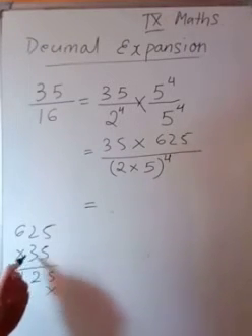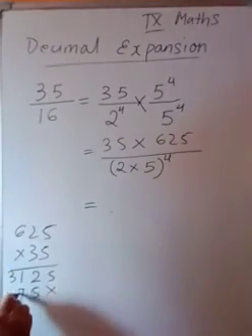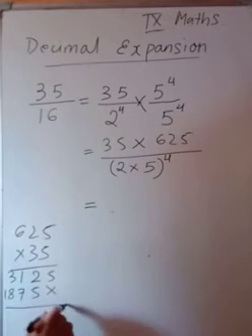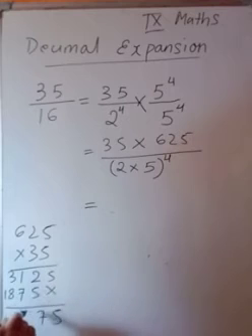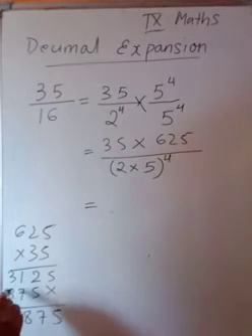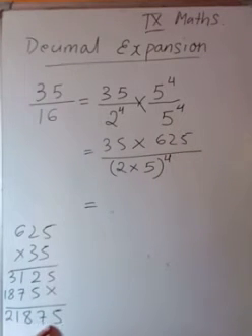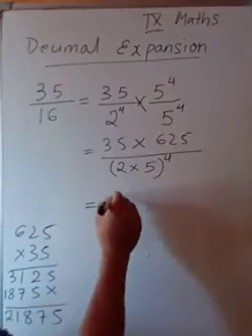Again, multiply by 3, 3 5s are 15, carrying 1, 3 2s are 6, 1, 7, 3 6s are 18. Now add 5, 2 plus 5, 7, 1 plus 7, 8, 3 plus 8, 11, carrying 1. And this last one will be 2. That was 21,875. 35 into 625 means